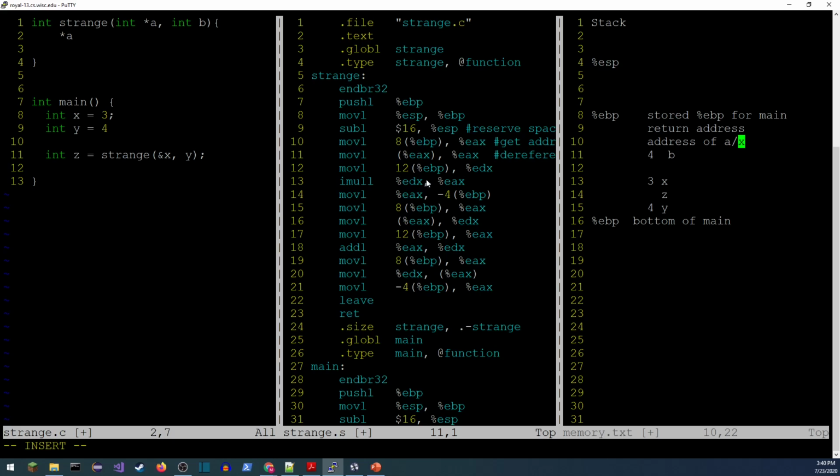Okay, so we're going to go grab the 4, or B, store that in EDX, and then we're going to multiply those two together. So that's times B, dereference A, multiplied by B, and then that's now going to be stashed in EAX. So this is get B, this is multiply, so A times B.